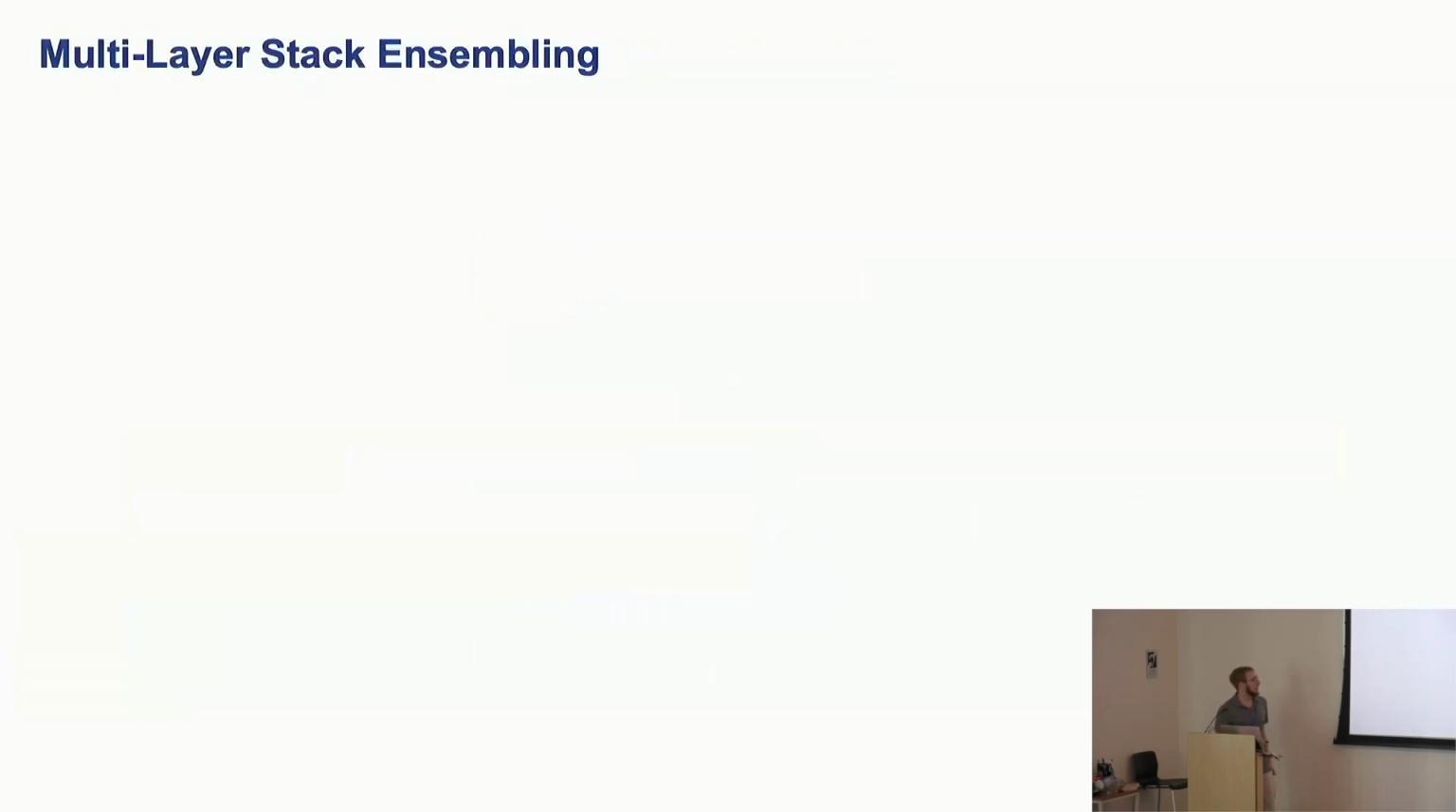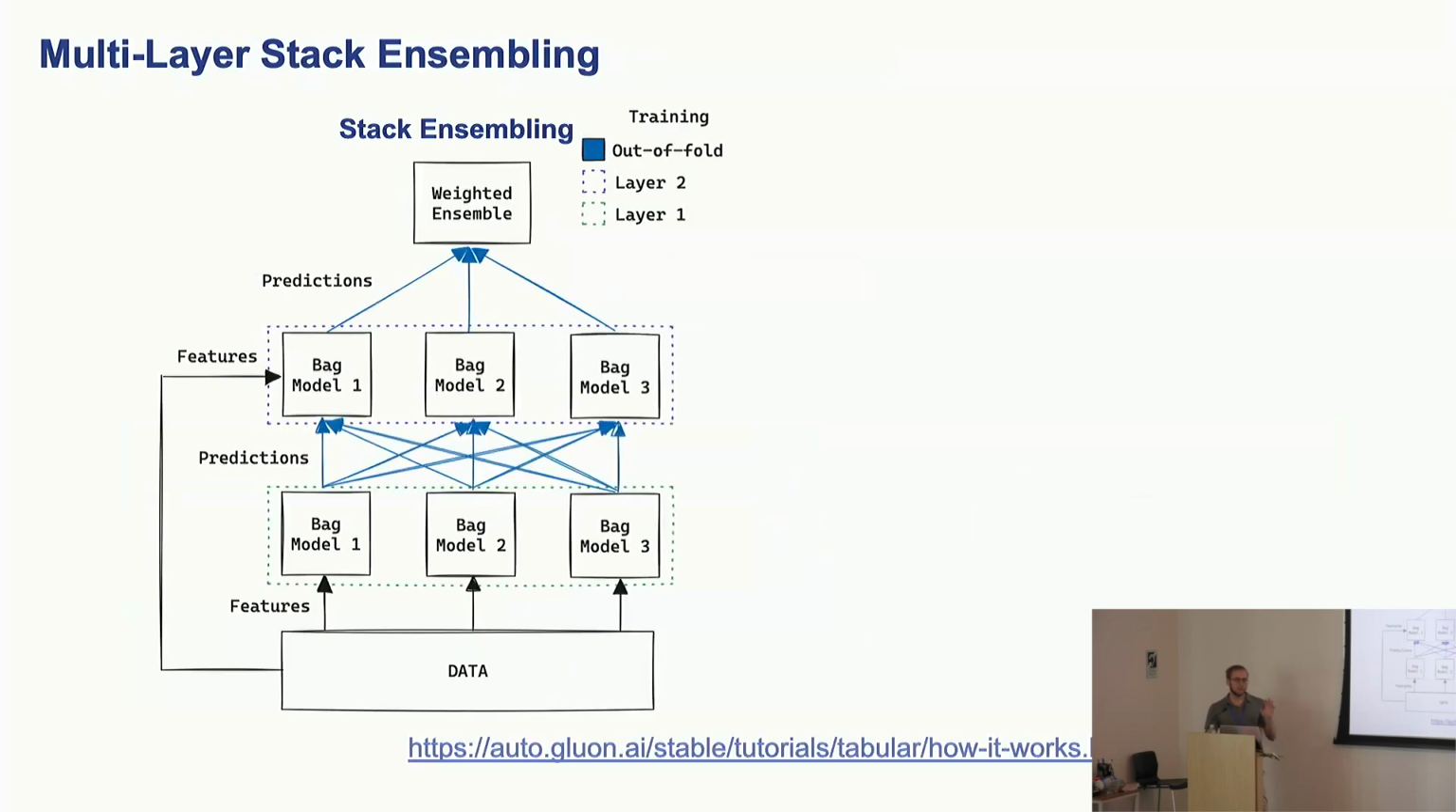Yes, and then we put all of those into a multi-layer stack ensemble. So basically, this is a little bit complicated, so I'm not going to go through the full concept of it, but basically, you train models as normal here, doing bagging. Basically, you do like cross-validation. And then there's a technique where we can basically take the predictions of these models as features to other models